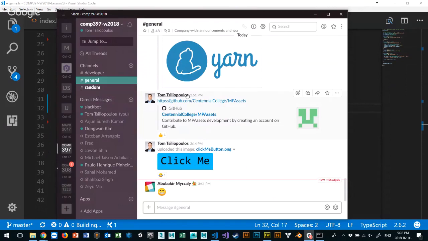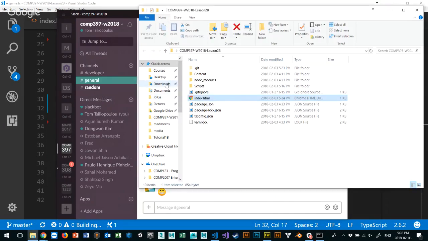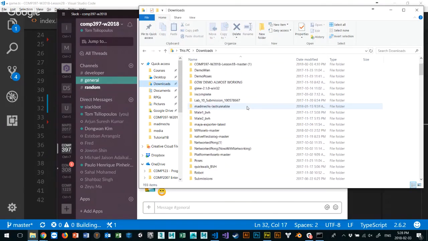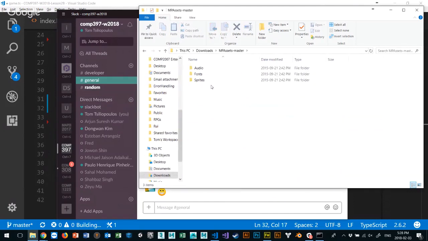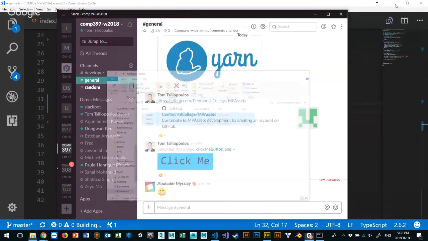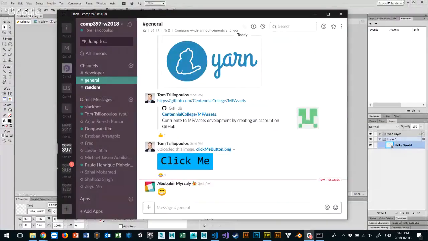And also, I'm going to use some assets in my project. I'm going to download this assets file. See this assets? If you go up on Slack here, you can download my assets. It's under MP assets, and I'm going to add it to my project now. Let's do that. In order for me to do that, I'm going to go into my downloads, go to MP assets, grab my 3 folders, actually, and I'm going to go into my